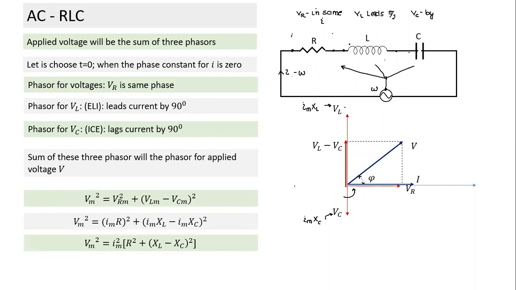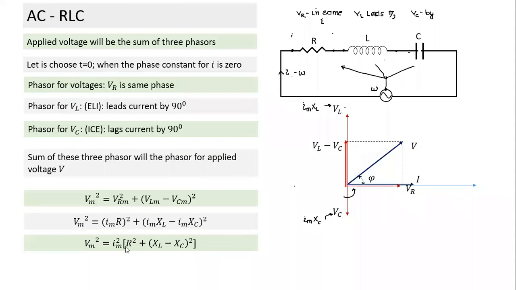So if R, L, C are given, and if the amplitude of voltage is known, we know the amplitude of current that will flow. Of course, this current will vary as a sine function, with the same omega as the source, but the amplitude will depend on this factor.